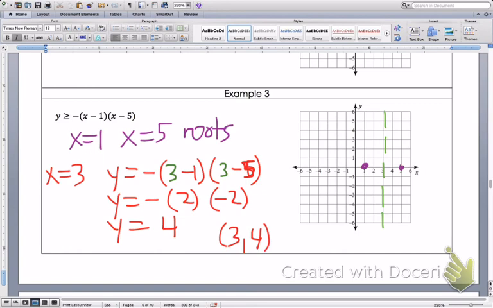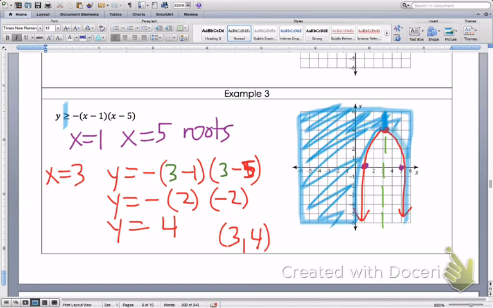So at 3, I'm going to go up 4. And I'm going to draw a parabola. So check what kind of parabola. This says greater than or equal to. That's going to be a solid parabola. So I draw my parabola. And because it's a greater than sign, I am going to be shading above the parabola. That means it's above the vertex, so it's going to be, again, the outer section. So all these examples just ended up being the outer section. But it can actually also be the intersection as well. So what I mean by that is I can have a parabola where it looks